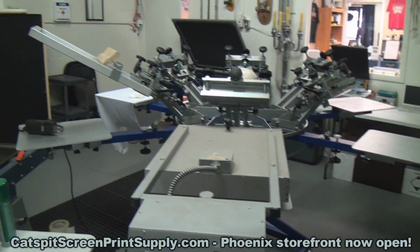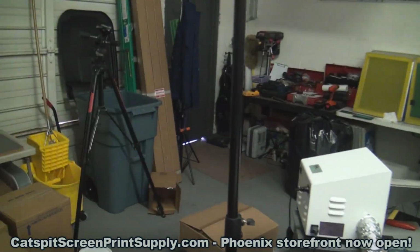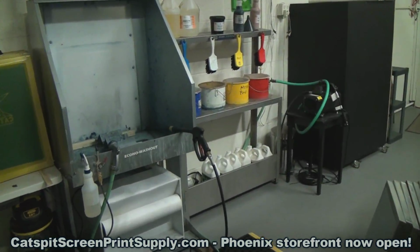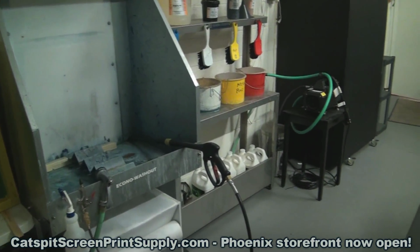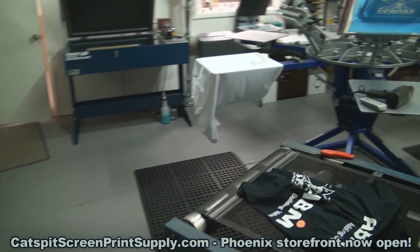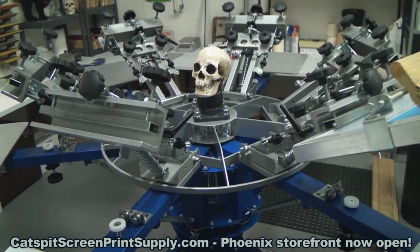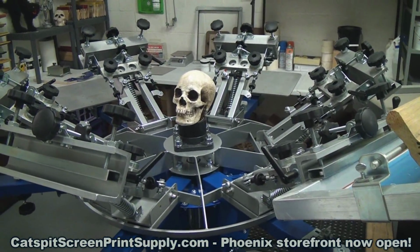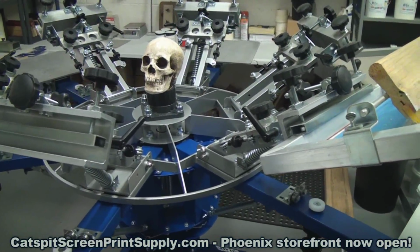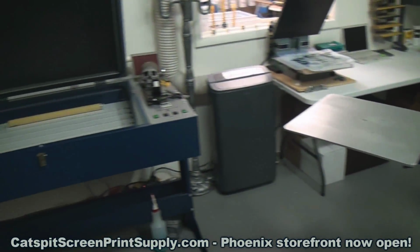Don't forget that I have screen printing classes, and they're not really classes. They're very intense one-on-one training, me and you, right here in the Catspit shop. We work closely together, we do screen making. There are all different classes you can choose from, but you get to come in and work right here with me in the Catspit shop on all of the professional, high-quality, commercial, state-of-the-art equipment. Brand new, high-end, elite 6.6 press with aluminum pallets, micro registration, aluminum heads, and of course the brand new